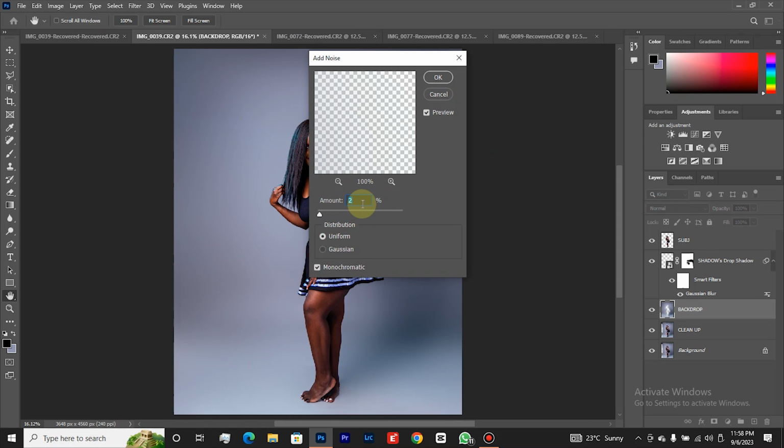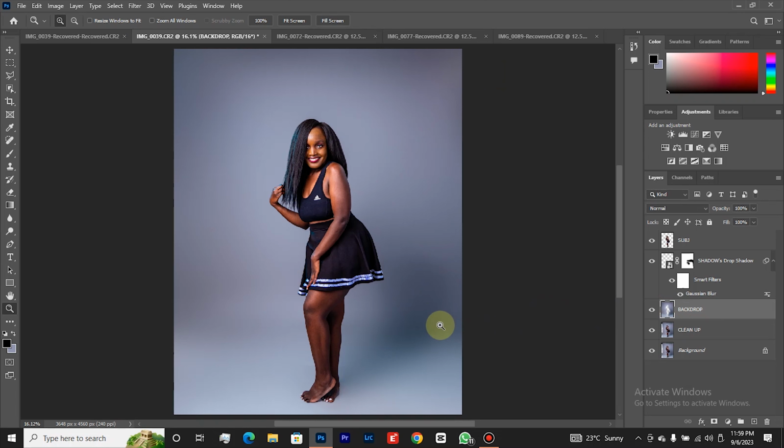So you add noise the smallest amount. My own preference is 2, and I usually make it monochromatic. The reason is that most of the time noise comes with colors. So when I'm adding noise, I try and make it monochromatic so that it becomes black and white, and reduce its amount as minimal as possible. So I usually like maintaining mine at 2, and once I'm done with that,